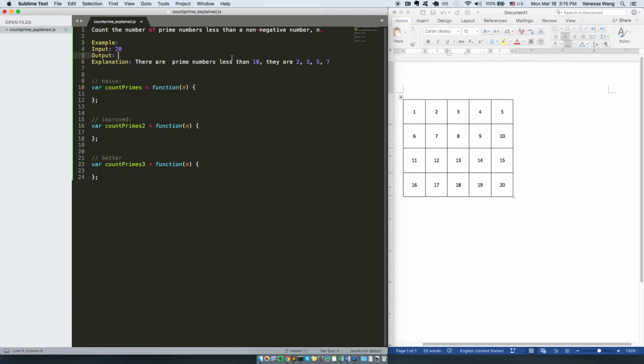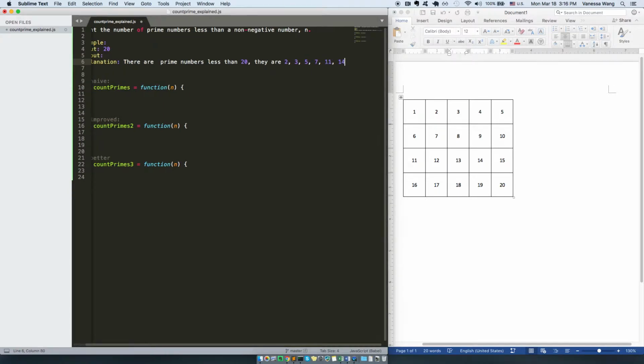So how many prime numbers are there less than 20? Let's think about this a little bit. So there's 2, 3, 5, 7. Is 8 a prime number? No, because it's divisible by 2. Is 9 a prime number? No, because it's divisible by 3. 10 divisible by 2. So there's also 11, 13,